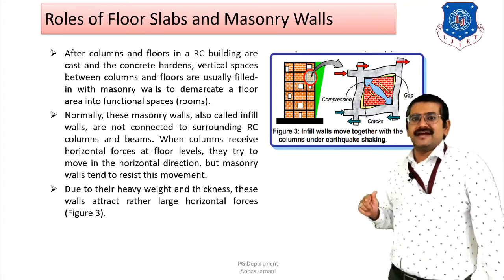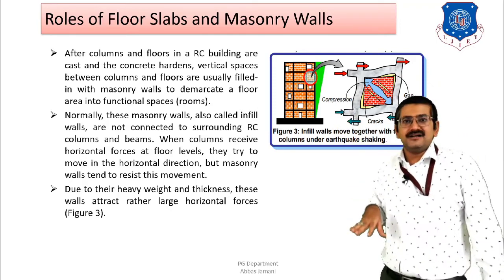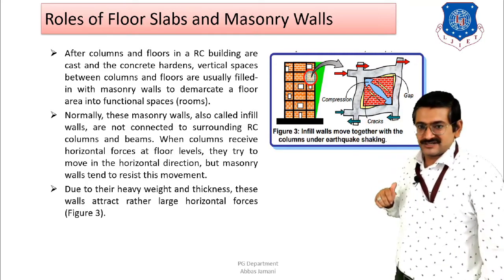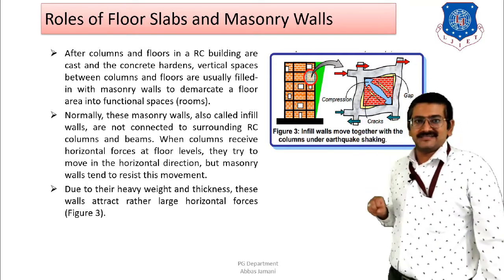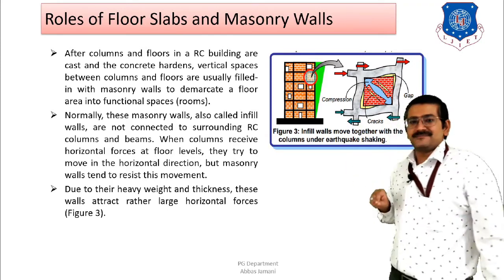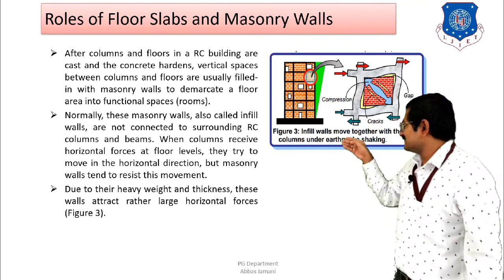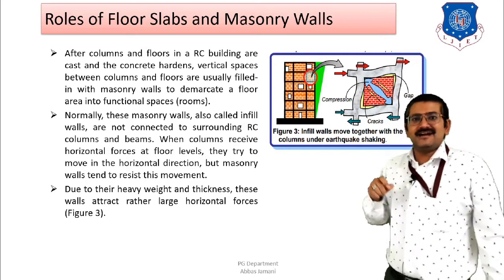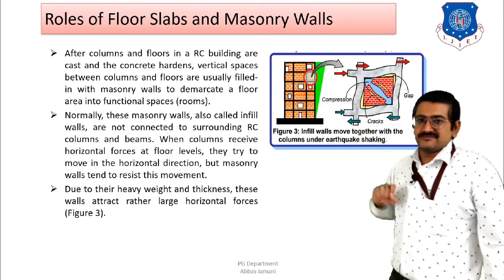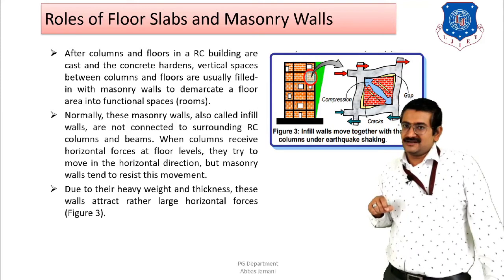As a result, you can see that an entire couple is generated, and due to this couple there will be a tension force in the top components and compression force in the bottom components. When this type of behavior takes place, cracks or voids will be seen at the beam column junction and the masonry. As you can see in the figure, the walls may fracture from the corners of the beam column junction, or diagonal cracks may also be observed in the walls. Why?